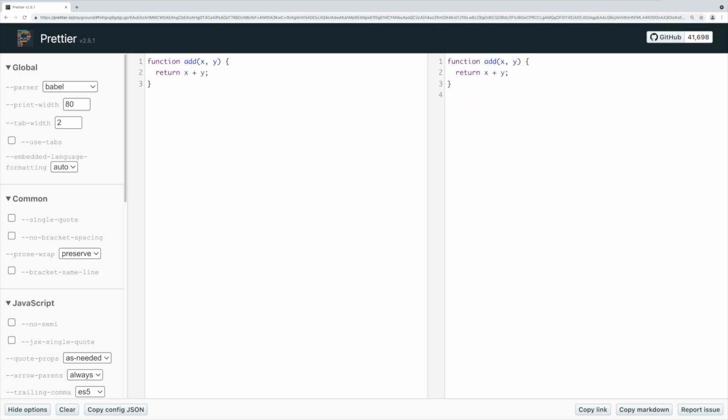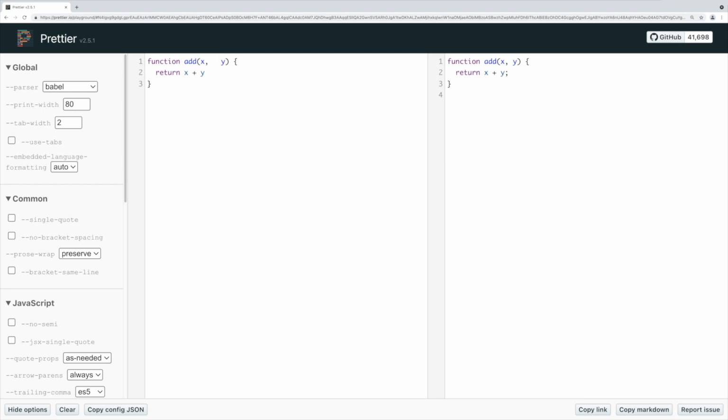Now the code I've written looks fine, and you can see the output is the exact same. But what we can do is sort of mess up this code a little bit so it's less clean code, and Prettier is going to fix it for us. So for example, if I leave off the semicolon, you can see the output still has a semicolon. Moreover, if I was to remove the space between the parameters, the output will still have the space. Additionally, if I added a bunch of spaces, we still just get one space in the output, which obviously looks